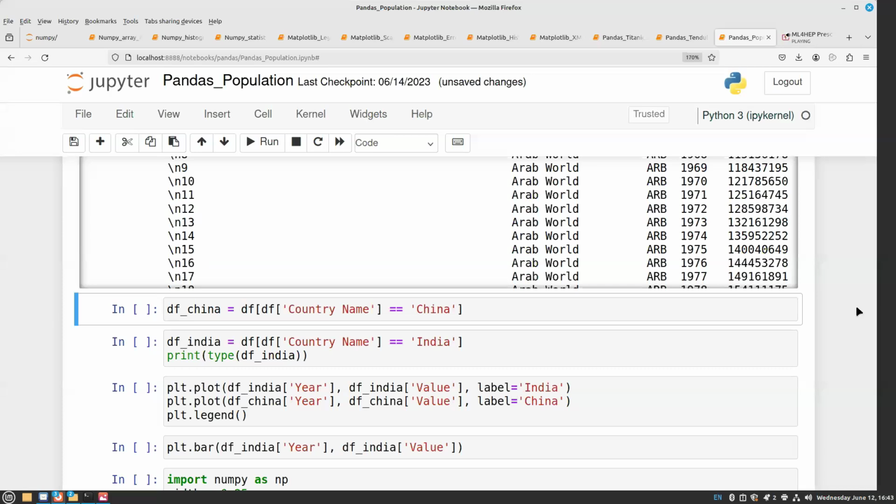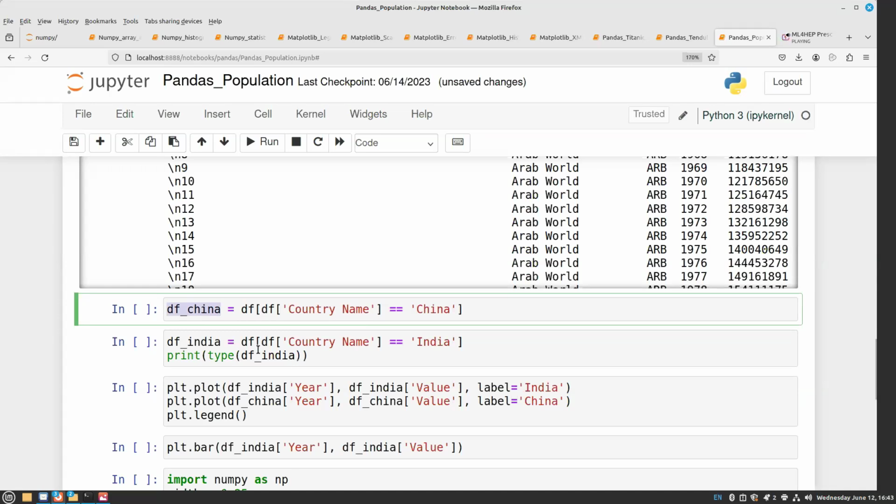Now I want to extract, from the whole data frame which I have just read in, another smaller data frame which belongs to China, and similarly another data frame which belongs to India. So how do you do that? Again, it is rather easy. You say df, and within quotes "Country Name", you saw the header, equals China. So only those records where the column Country Name has a value of China will be extracted from the whole data frame